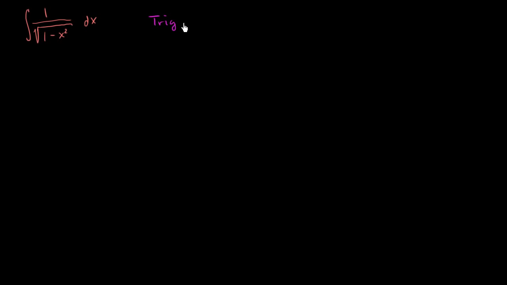The whole idea behind trigonometric substitution is to substitute for x with a trig function, so that this might simplify using some trig identities, and maybe it'll turn this entire integral into something that we can actually integrate. The big clue here is when we see this 1 minus x squared. In fact, if we ever see an a squared minus an x squared, so 1 is 1 squared minus x squared, it's a pretty good clue that we would want to substitute with something times sine of